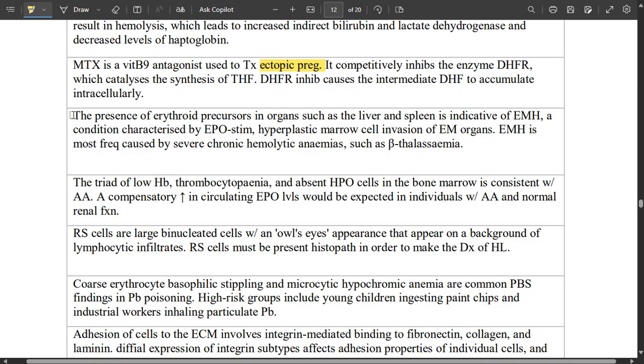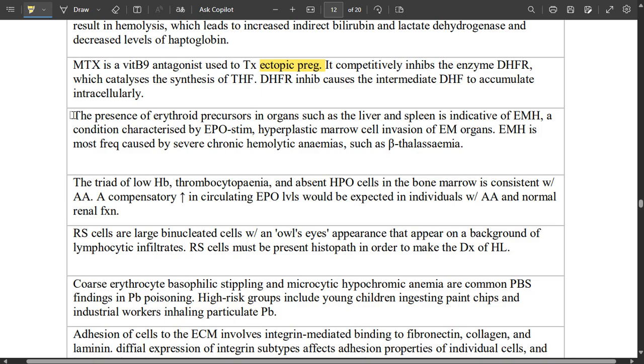So if there are erythroid precursors, meaning the immature form of the erythrocytes, RBCs, in the liver and spleen, it is indicative of extramedullary hematopoiesis, a condition characterized by EPO stimulation by the kidney. So the kidney releases EPO, with hyperplastic marrow cell invasion of extramedullary organs, and extramedullary hematopoiesis is most frequently caused by severe chronic hemolytic anemias such as